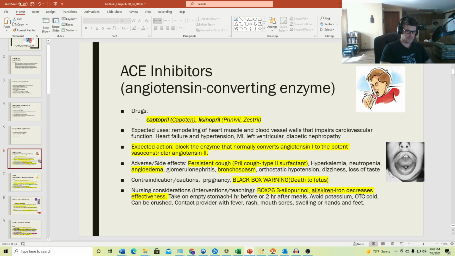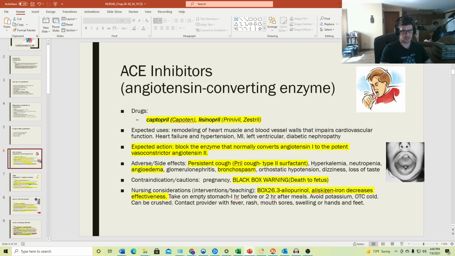Contraindications and cautions: pregnancy. There's a black box warning, the only one, and again, we always need to know our black box warning. Death to fetus. ACE inhibitors kill babies. Just remember that. You won't forget it now. So captopril and lisinopril, they kill babies. Remember that. And then nursing considerations are